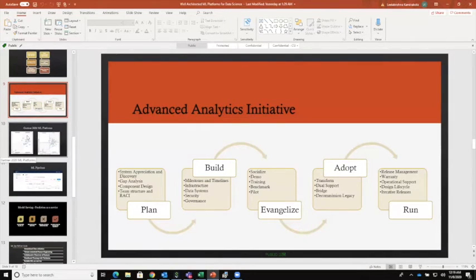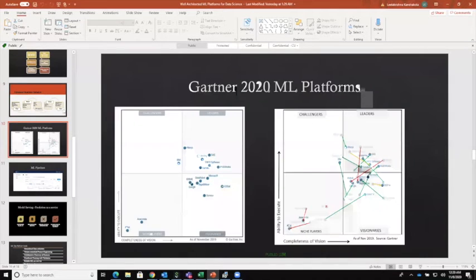All right. Now we'll go into how you can do this in the industry. Machine learning is maturing. Like I said, there are a lot of frameworks and platforms that are coming in. So you can see Gartner's 2019-2020 ML platforms, and you will identify there are a lot of existing tools like